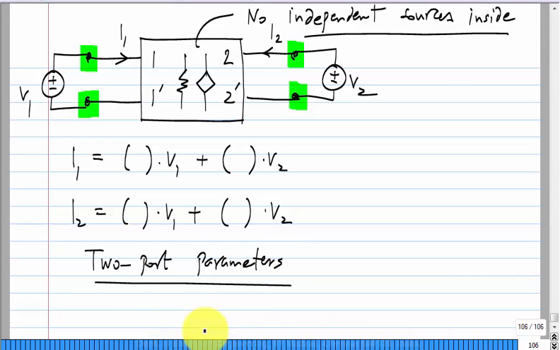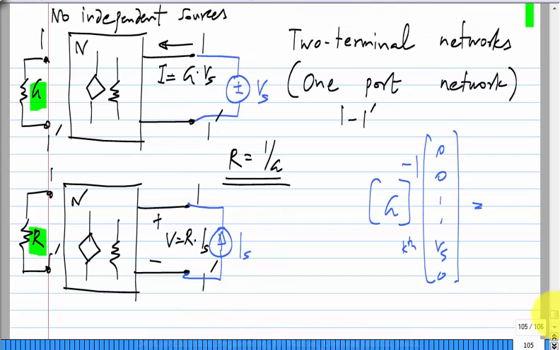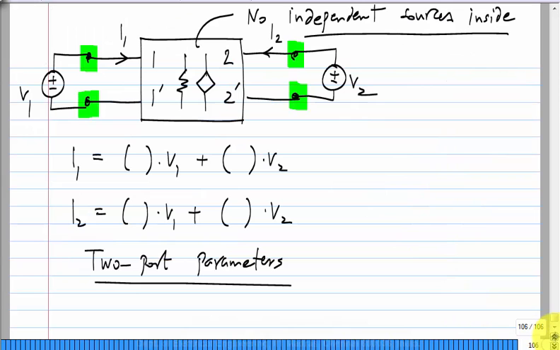Now, in case of the one port, we saw that we could either apply a voltage source and measure the current, then the current by voltage will give you the conductance, and in the other case we can apply a current source and measure the voltage. Okay, the ratio of voltage to current will give you the resistance. They are describing the same thing and the two numbers are related, they are just reciprocals of each other. Okay, it's just a matter of convenience which one you use. Similarly here, there is no reason that I have to connect voltage sources, right? I could connect current sources also.